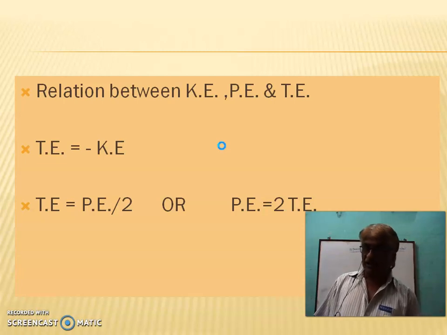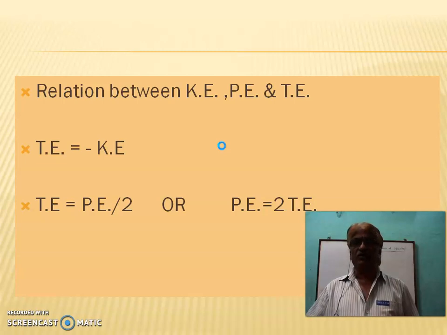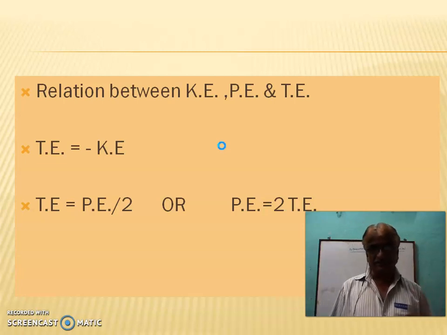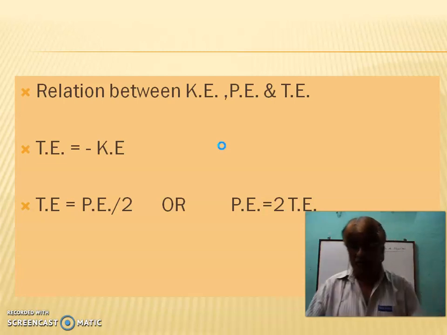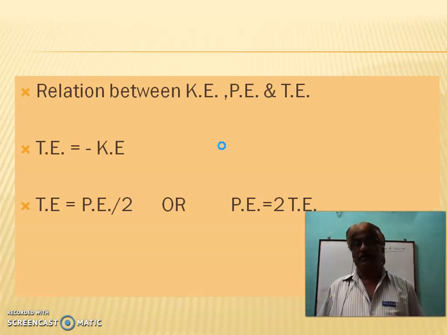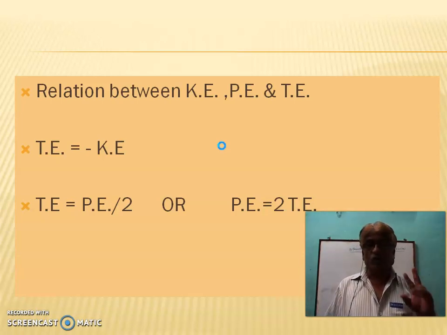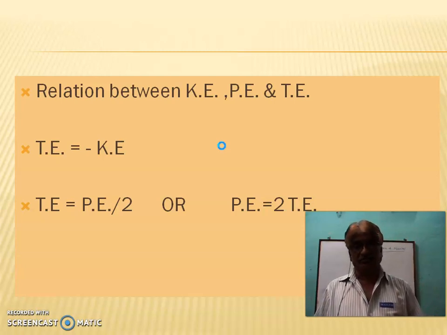If a question also asks for total energy, and the answer is in positive terms, then total energy becomes negative. So the negative of kinetic energy gives the total energy. If we can find the total energy, we can also find potential energy. Means from one question we can find two other terms.